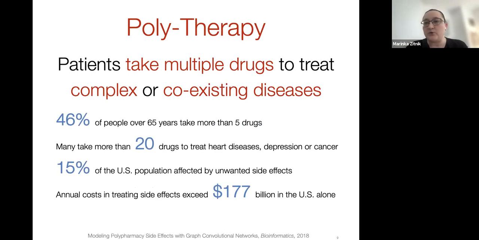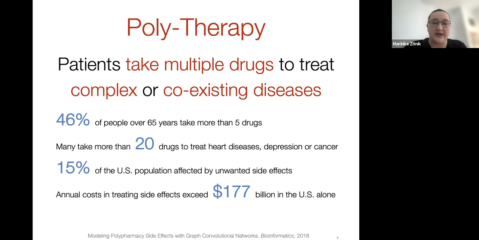There is a notion known as polytherapy or polypharmacy that is used to refer to a setting when patients take multiple drugs at the same time to treat a complex disease or many coexisting conditions. In fact, that is very common. 46% of people, so nearly half of people over 65 years, take more than 5 prescription drugs at the same time. It's not uncommon to encounter patients that take more than 20 drugs at the same time to treat heart